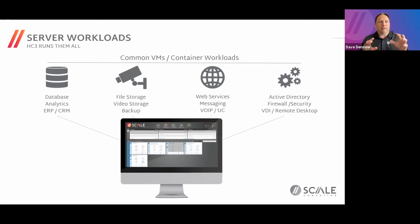So HC3 Scale, we work with a number of video specific partners. So hardware integrators, systems integrators in the video and security space, on some very, very large scale VMS deployments, thousands of cameras, things like that. And in that case, that's enough of a beast on its own to kind of do the sizing just for that. When we started in that area, started seeing interest in that area many years ago, we reached out to